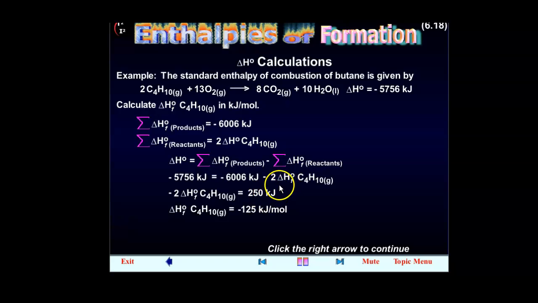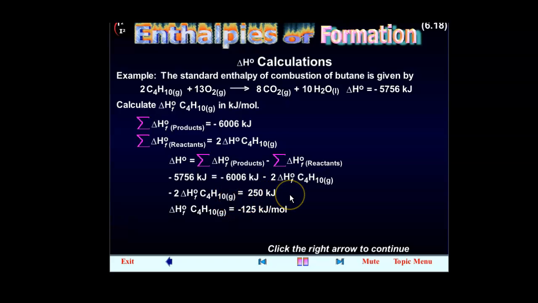So in this case, you divide both sides by 2. Of course, first of all, you transfer this, bring like terms together. When this comes to this side, it becomes 250. Remember, this negative crosses to this side and becomes positive. So 6006 minus 5756 will give you 250. All right. So you have negative 2 delta